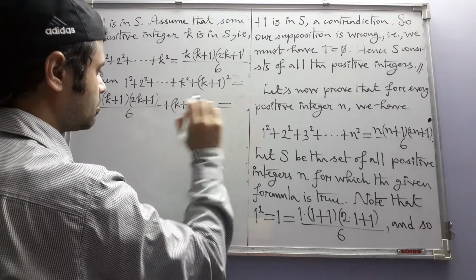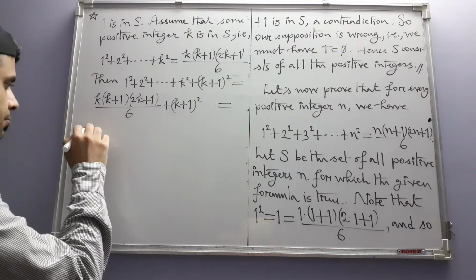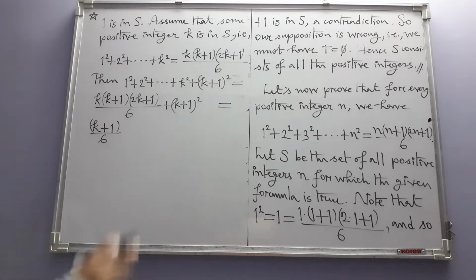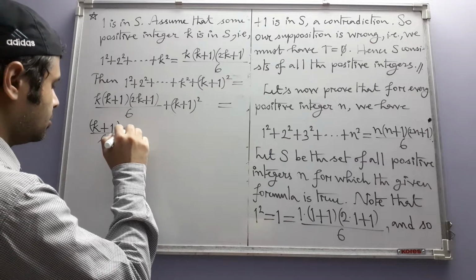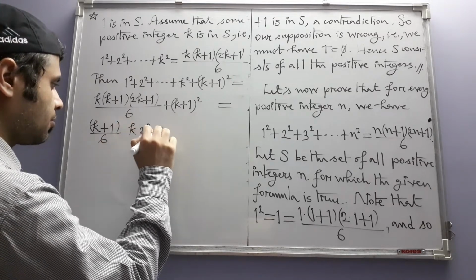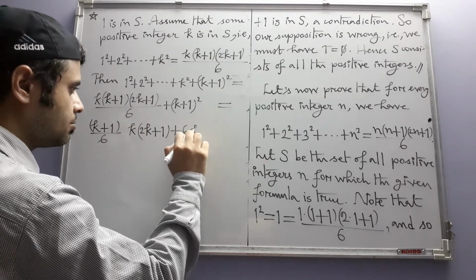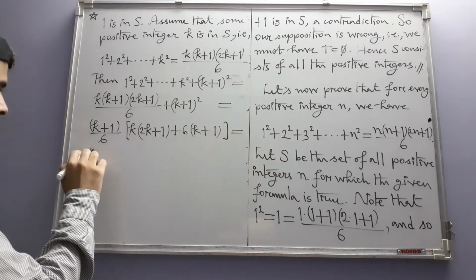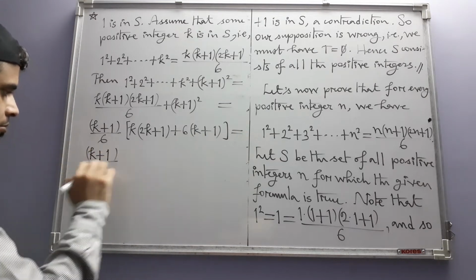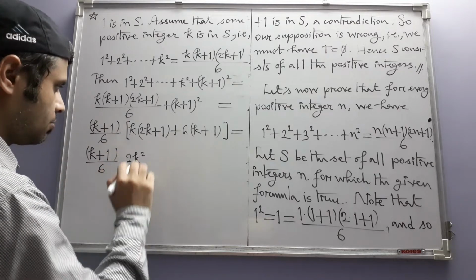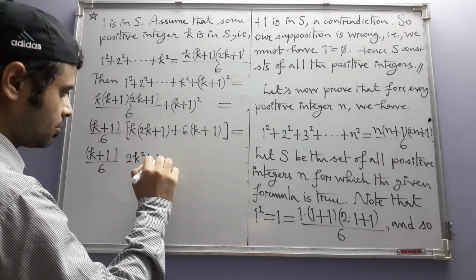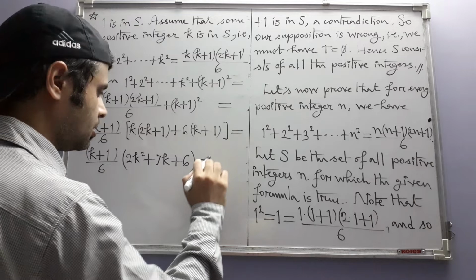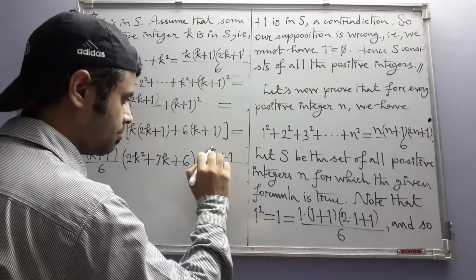Okay. Now what we do, we take k plus 1 divided by 6 common out from these two terms, so we will be left with k times 2k plus 1 plus 6 times k plus 1. This will be equal to 2k squared plus k plus 6k is 7k plus 6, that is equal to k plus 1 divided by 6 times,